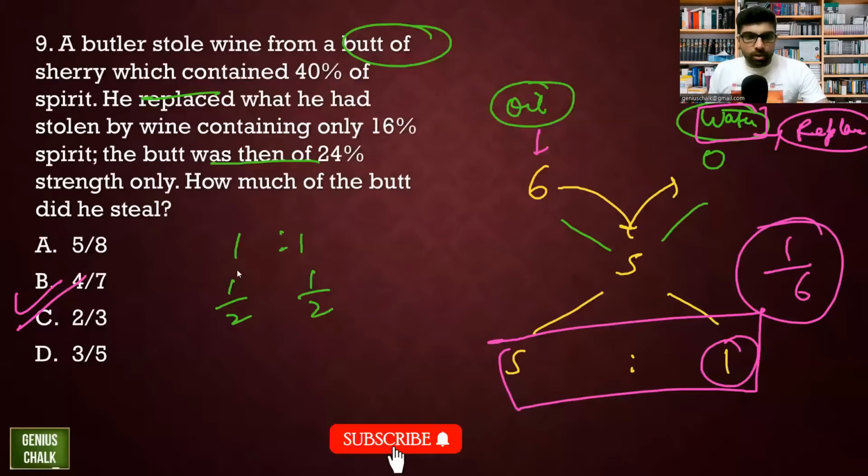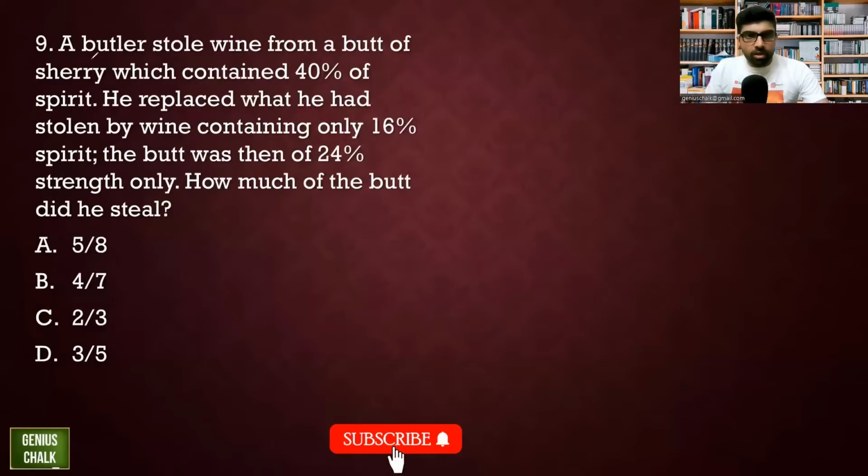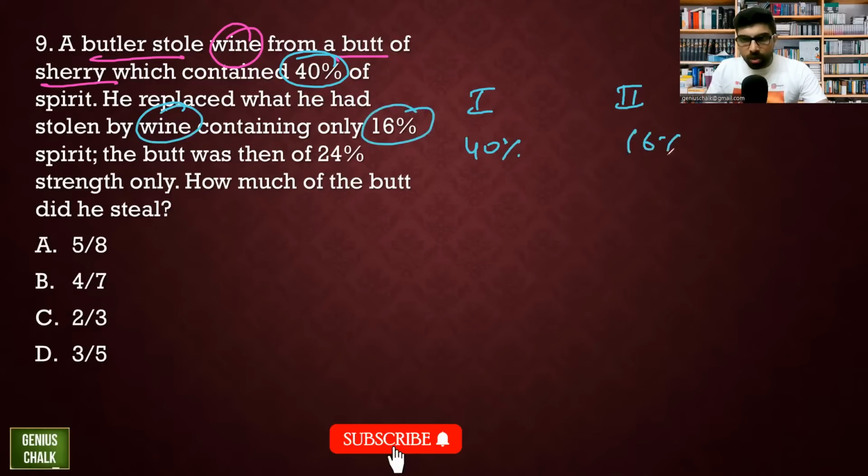All right, let's do one more. A butler stole wine from a butt of sherry which contains 40% of spirit. So this is the first type. He stole it from 40% of spirit. He replaced it with wine which had 16% of spirit, so this is the replaced and this is the stolen wine. And this is the replaced wine quantity percentage wise, but the total is of